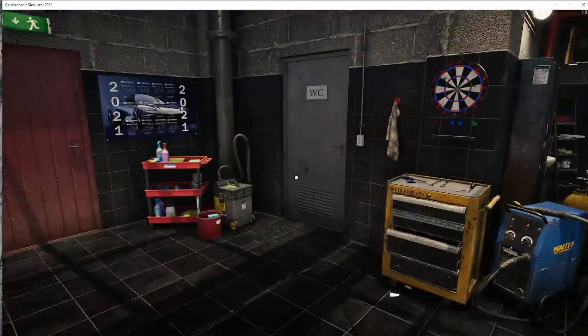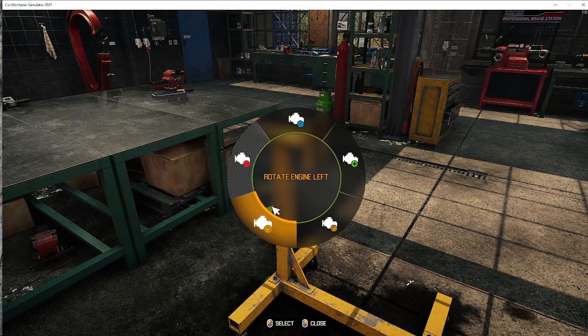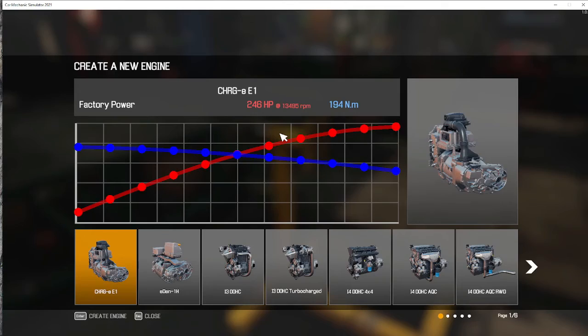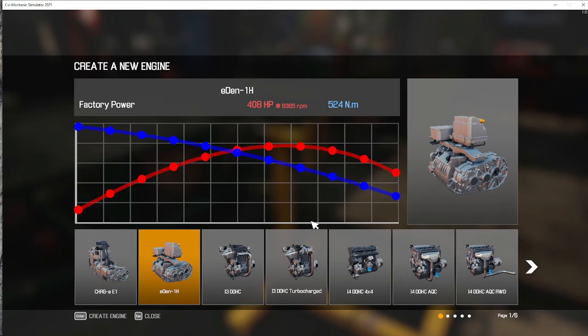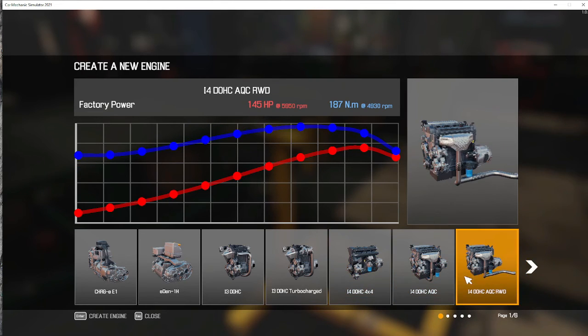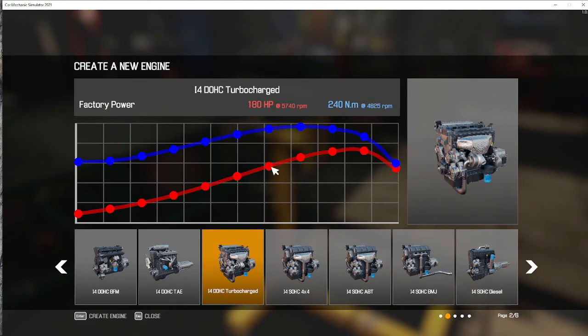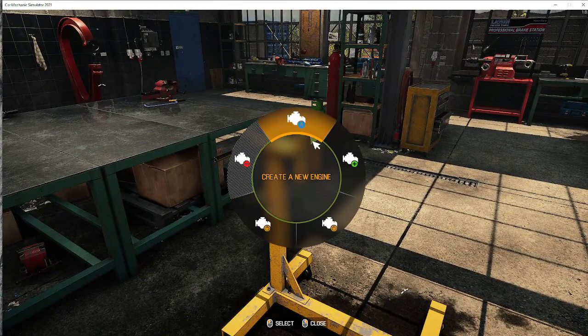We go to the engine stand. Create a new engine. And these are all the engines we can test. What the? Oh, these are all electrics. No way, 4-cylinder diesel? Mm-hmm. 4-cylinder dual overhead cam turbo. I think that's what we can